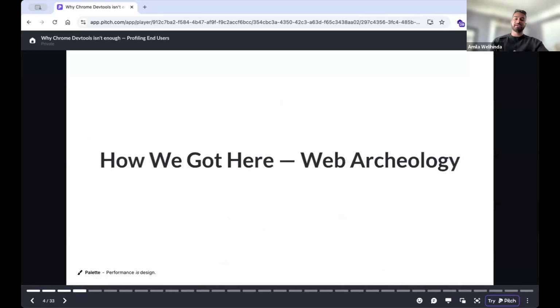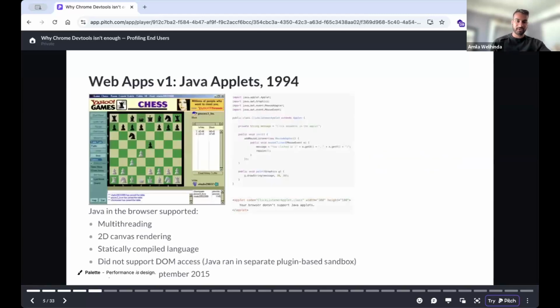So how did we get to this situation where all these web apps that people use every day, like Notion, Slack, Discord, Spotify, are pretty slow? Why is the web in the situation that it is in currently? Well, I decided to look at the past, almost like an archaeological view of this, and see how this kind of problem progressed to where it is today. So let's go back all the way to the beginning of the web, like 1994,